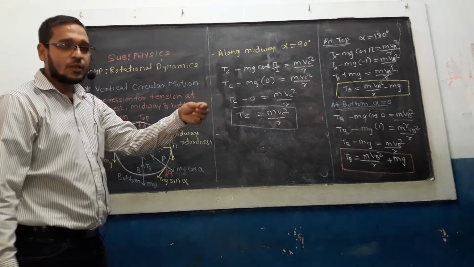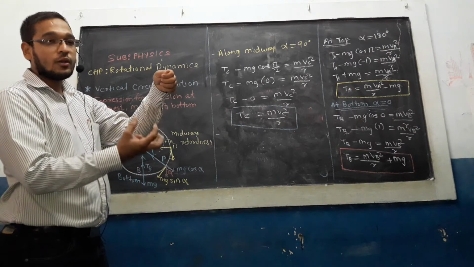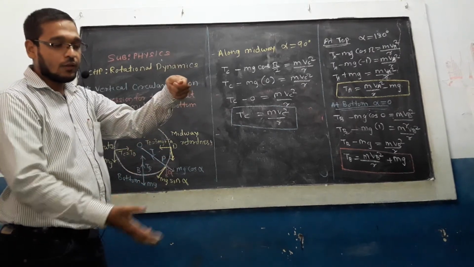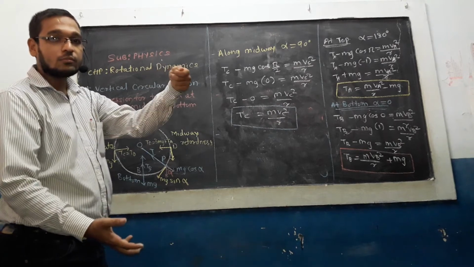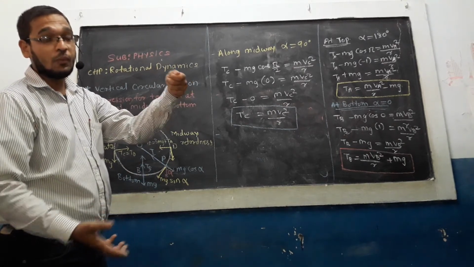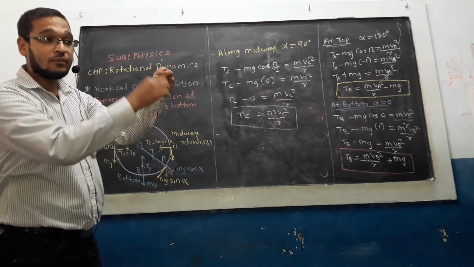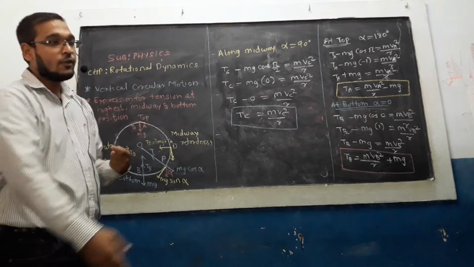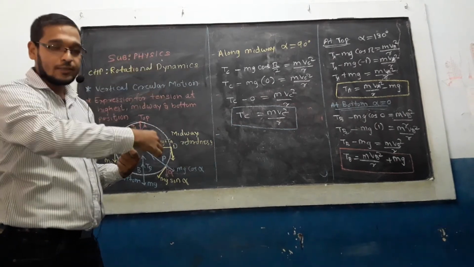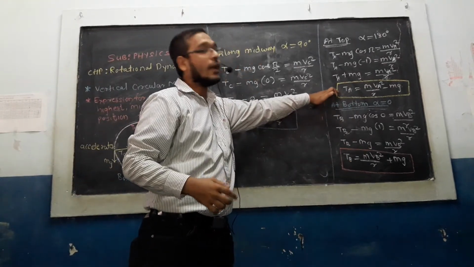We can also experience this. If we tie a stone or a heavy object to a thread and just hang it, then when we catch it, we experience a certain force pulled by that thread. So there is a tension in that thread. And when we are rotating, when it is going at top, the tension in that string is less. So tension is more at bottom and least at top.